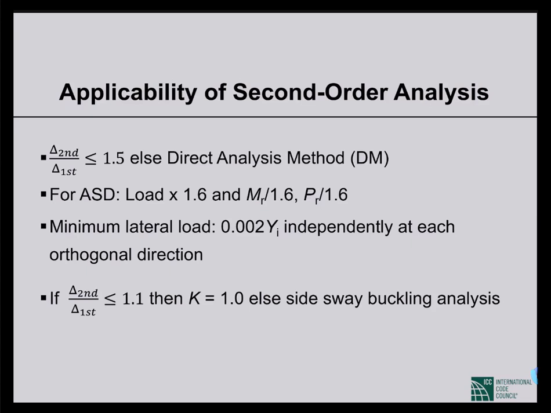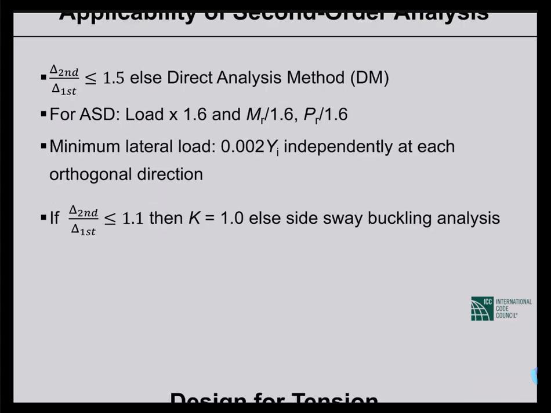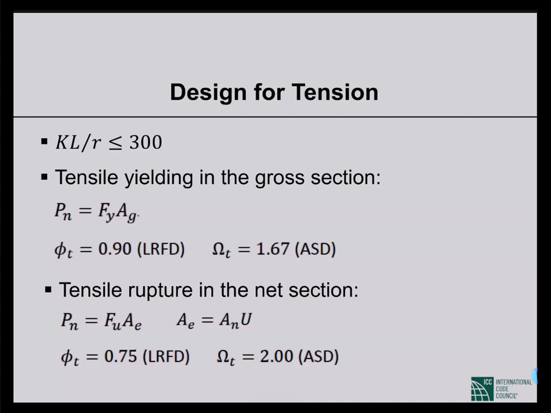K is 1, that means what? That means simply supported, right? But we know that there are rigidities, so K should be less than 1. Taking K equal to 1 is very conservative. In many cases, we actually are very conservative and take K as 1.